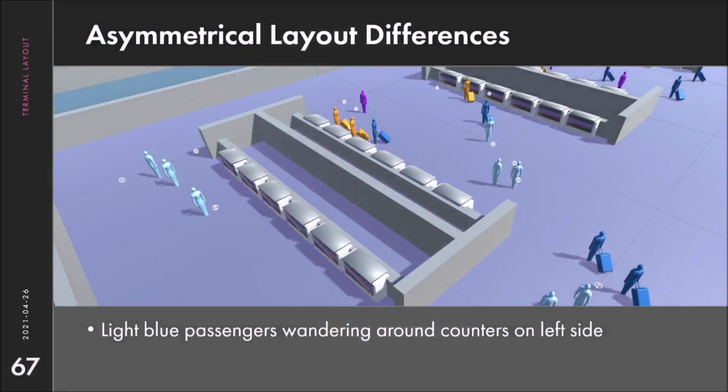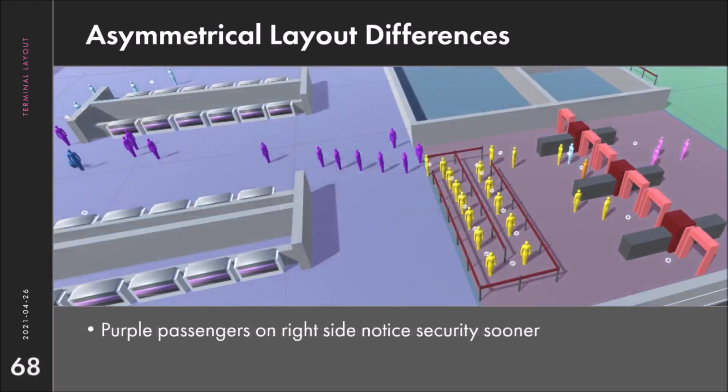The asymmetrical layout affected how passengers access security. If agents checked in on the far side of the terminal, then they were more likely to wander around, illustrated by the light blue agents. Although if passengers checked in on the same side as security, they had a much easier process since they could